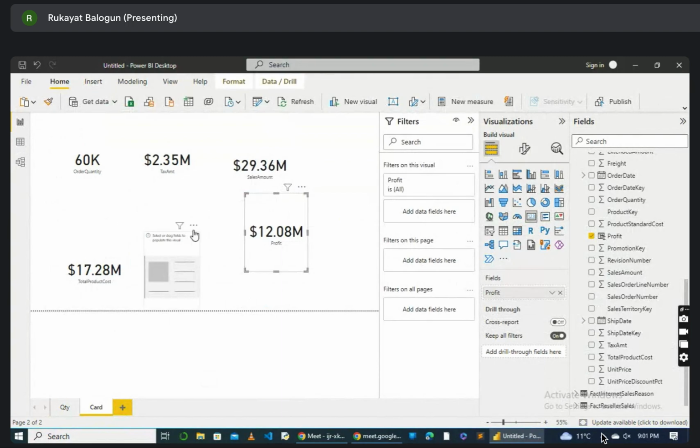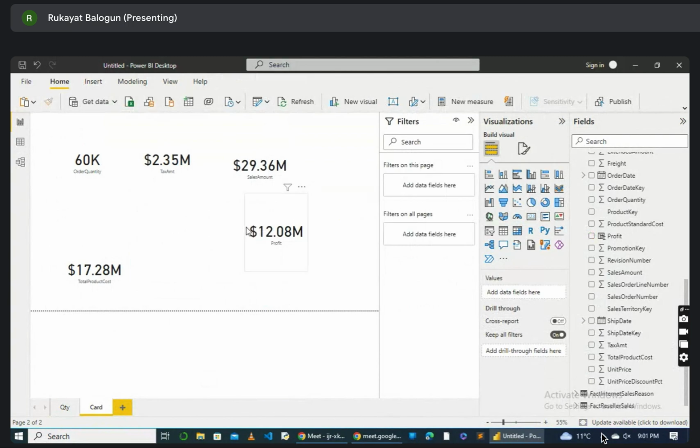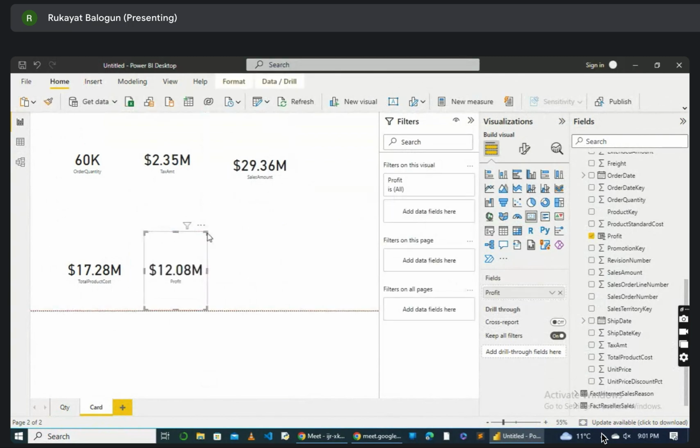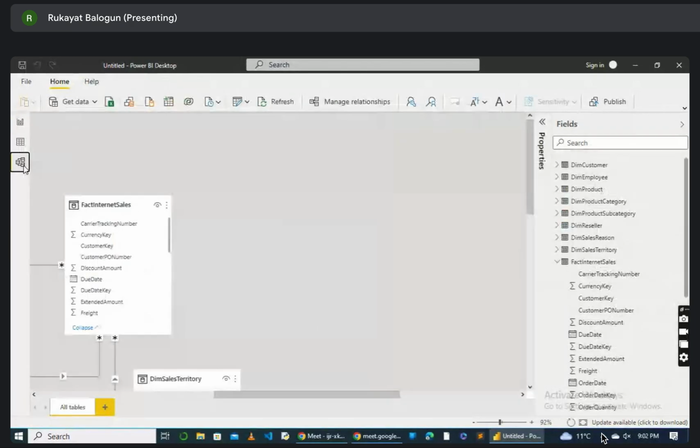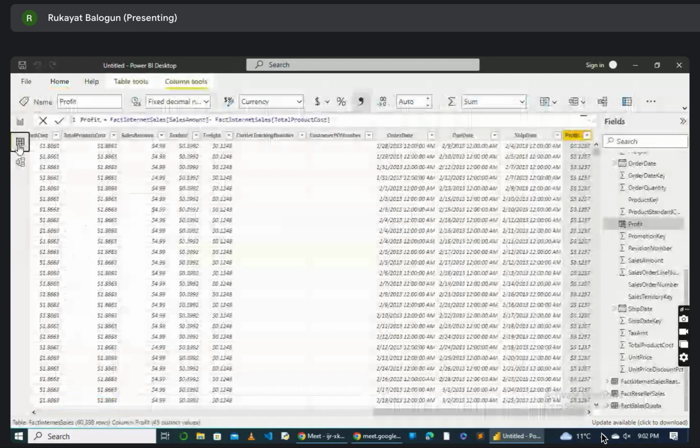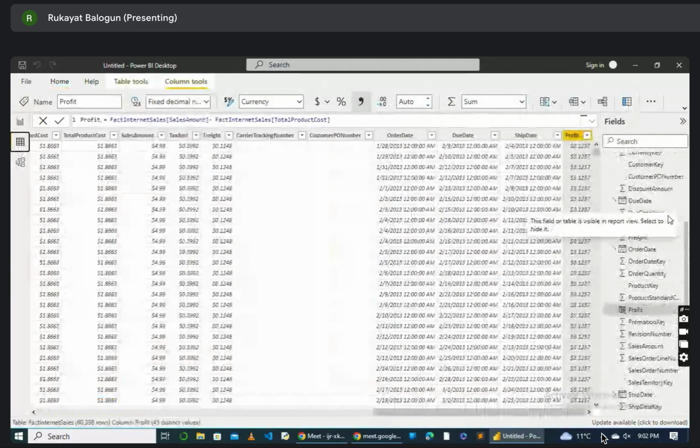So just going to remove this. So that's the profit. So this is the sales price, that's the cost price, the selling price, and then the profit. If you know our mathematics well, you know that when you subtract this from this, you get this. But if we created a measure for this instead of a column, this is what a measure would then look like. I'm just going to go ahead and create a measure